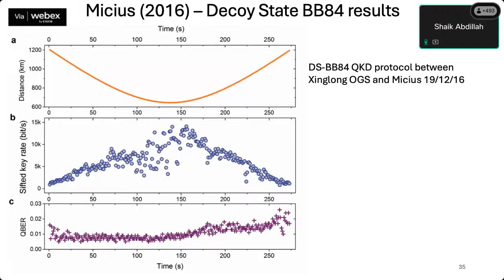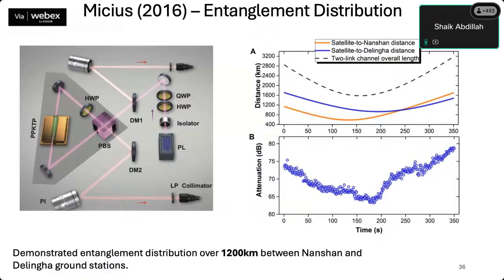But the second set of experiments that they set out to do was actually to demonstrate entanglement distribution. So they have this pump laser onto a PPKTP crystal in a Sagnac interferometer, and they can show that using this, they can establish an entanglement distribution between 2 distant optical ground stations, roughly 1,200 kilometers away from one another. However, their entire architecture was very heavy, very SWaP dependent, or rather was very power intensive. And at the attenuation that they have gotten, they weren't able to form a secret key from the